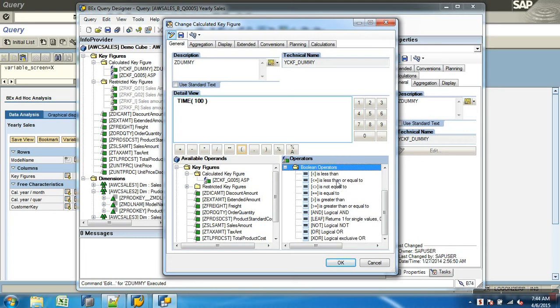This I know. Boolean functions, it just checks the condition and results either 1 or 0. So Boolean operator just checks any of the conditions, less than, greater than, not equal to, all this. And you can also combine multiple conditions by using and, or, not. It returns 1 for a single value, 0 for aggregated values. XOR, exclusive OR, when both conditions are satisfied or when both are not satisfied, like that. And build up a condition, and when the condition is satisfied, it returns 1 or 0. Okay?